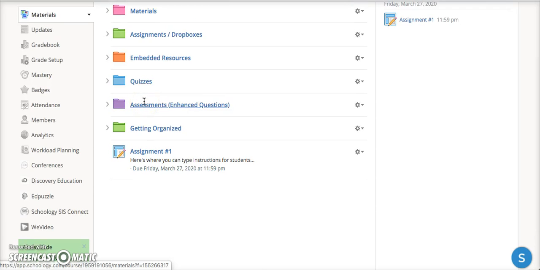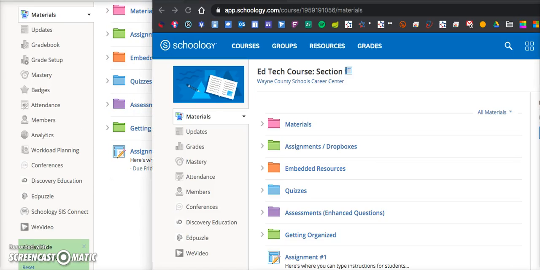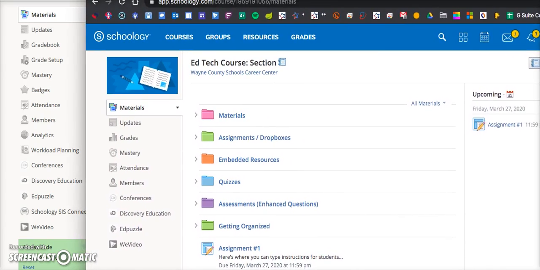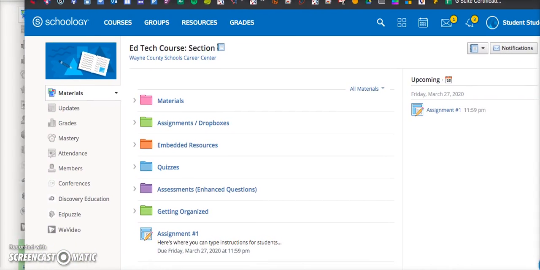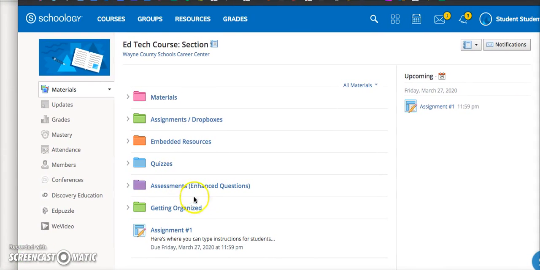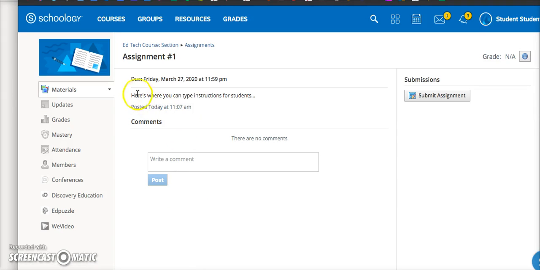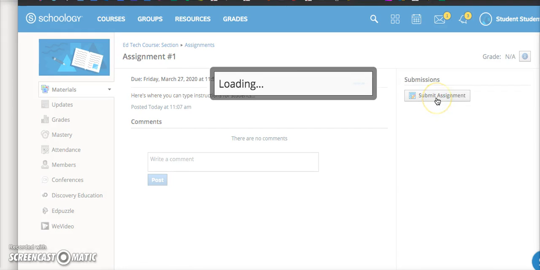Now, what does this look like on the student side? So I just have a window here where I am logged in as a student. So as a student, I see assignment number 1. As a student, I can click on it. I can read any instructions or things that you posted here, and then I can go over here to this Submit Assignment button. I can click on Submit Assignment,